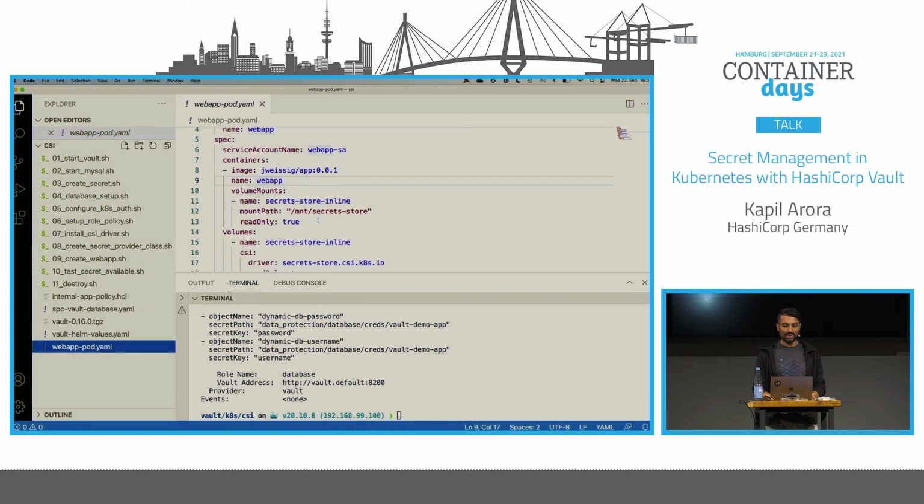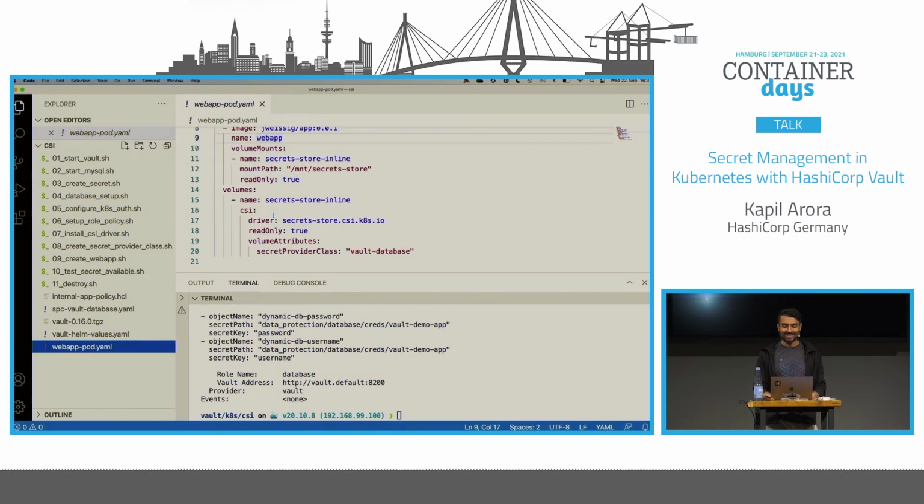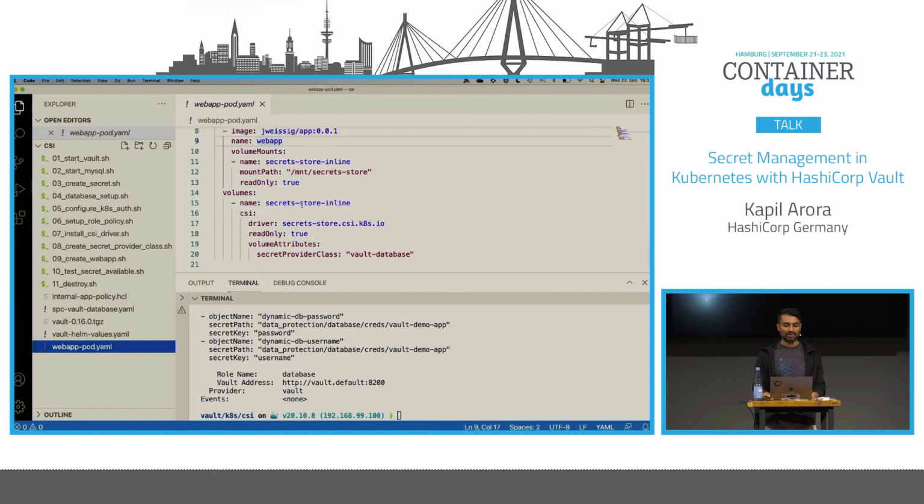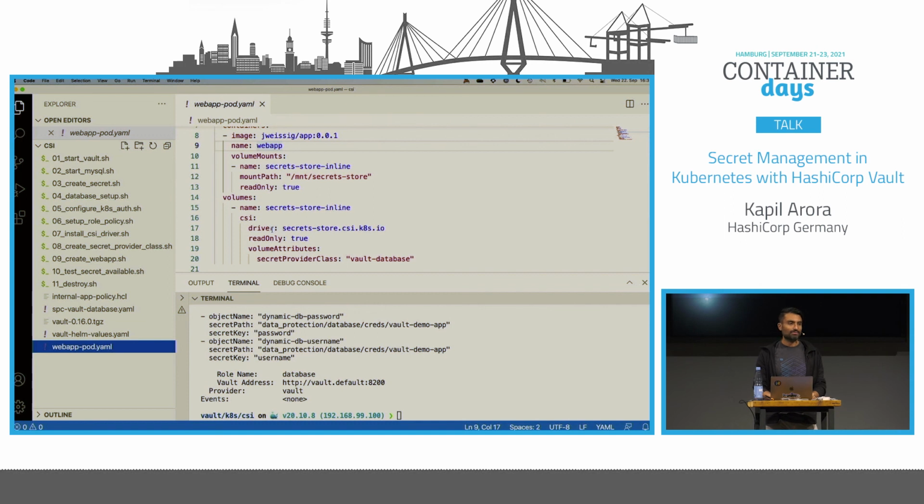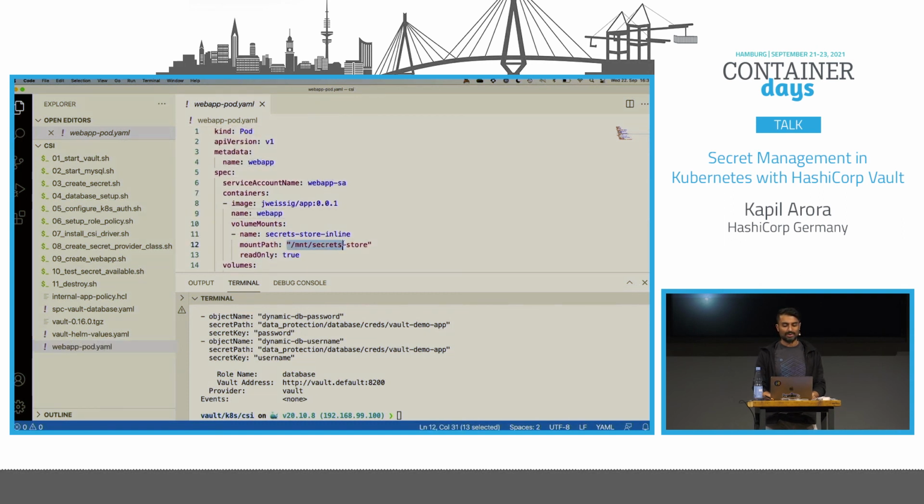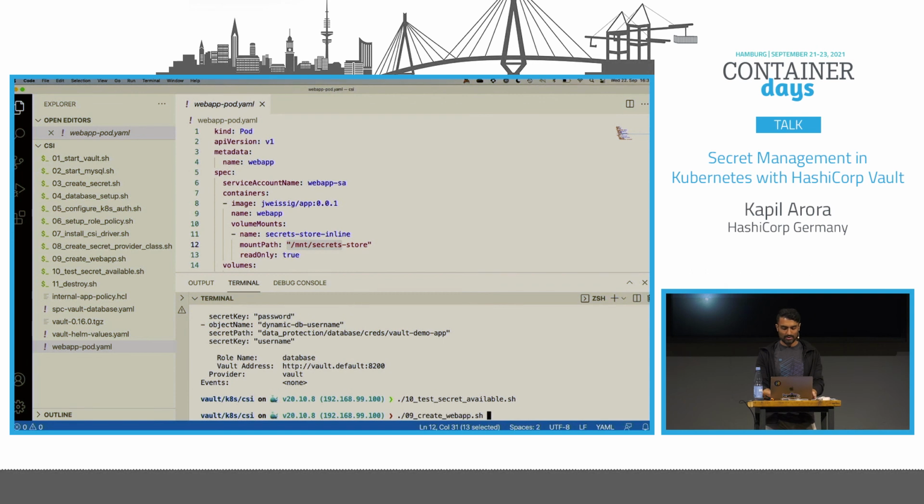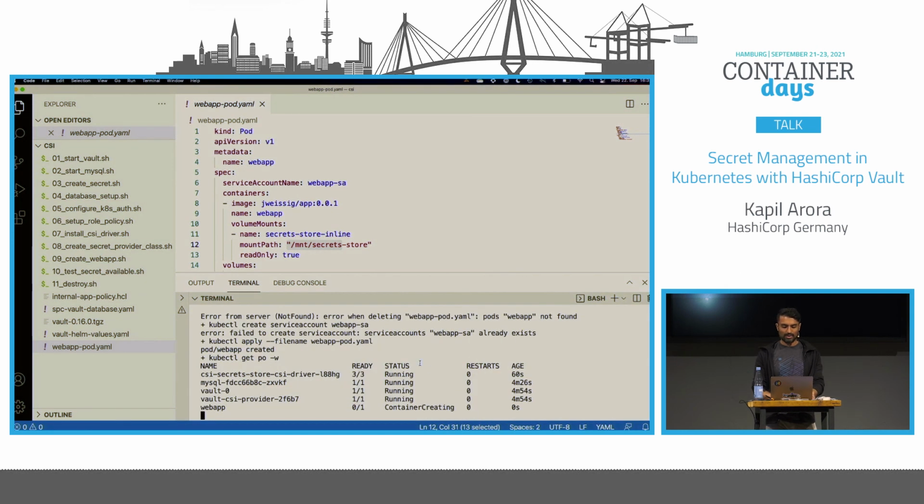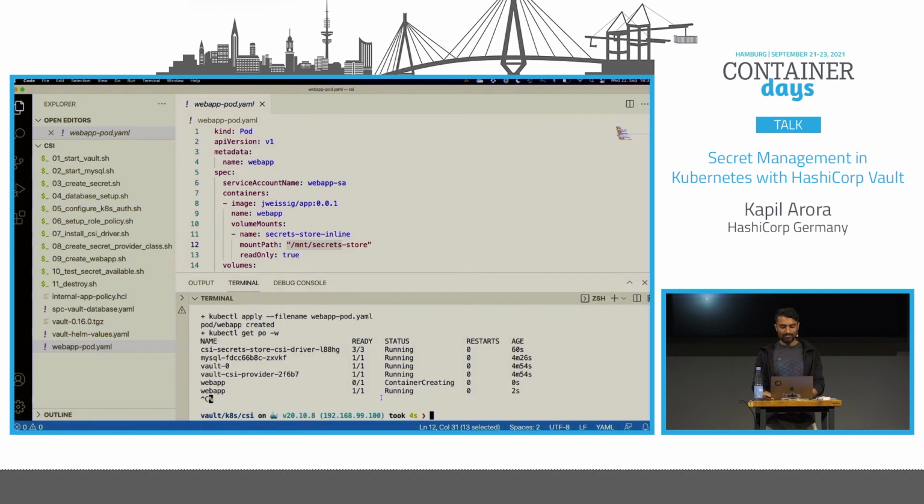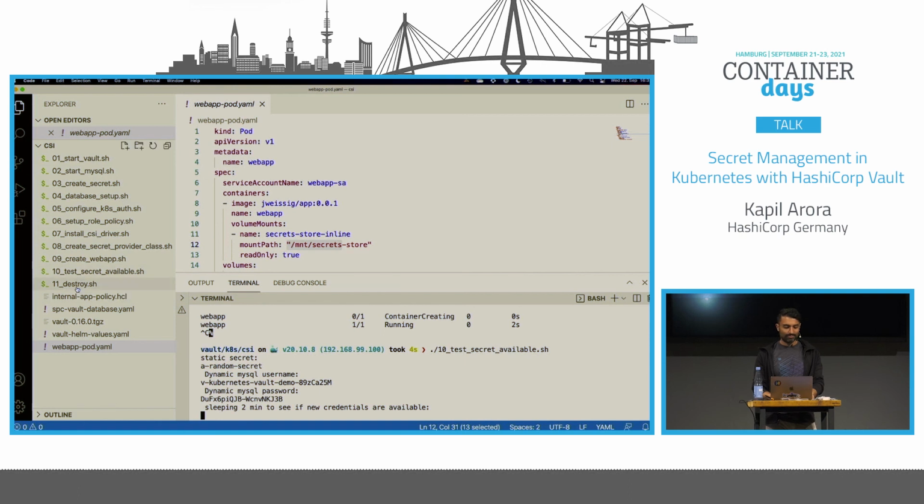So I have a web app, which is using this volume, right? So the secret store class that I created, we will mount it as a volume, and we will mount it at this place. So we can deploy this application now. So web app is running already. So it means that this web app should be able to read the MySQL username, password, and the static secret. And for that, I wrote a quick test. And you can see,